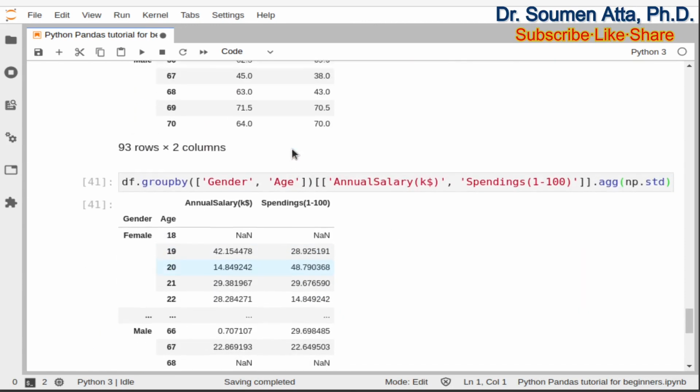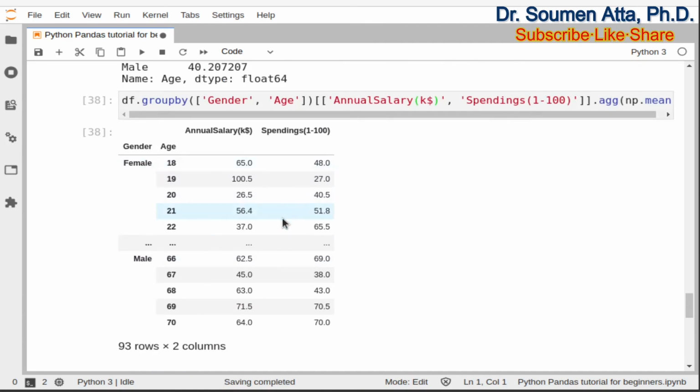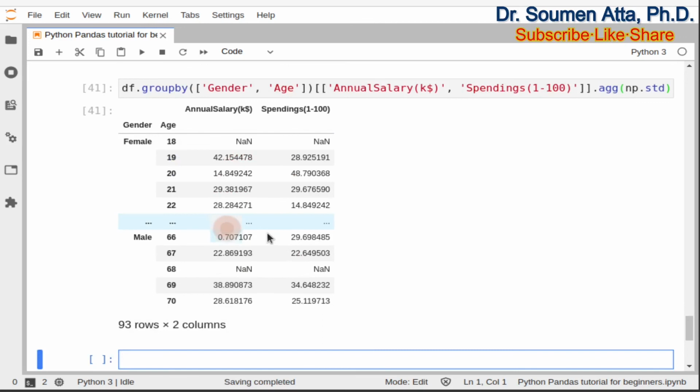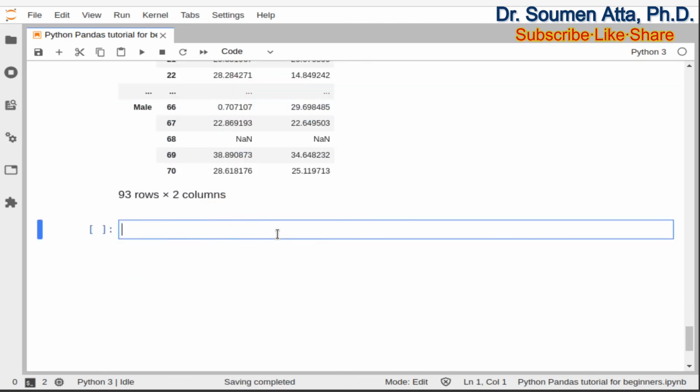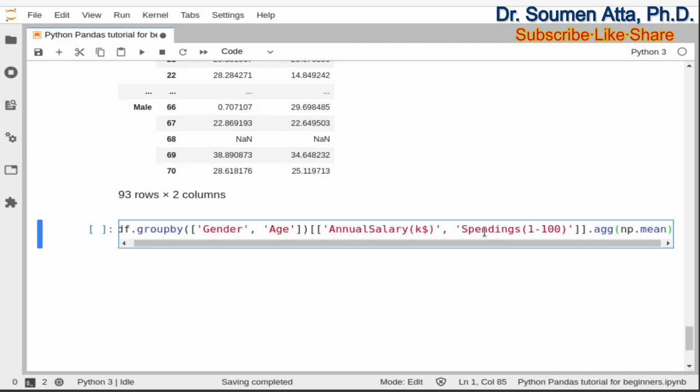Now one thing you can notice is that in both these examples we are not getting a regular data frame. To get a regular data frame we need to use reset index so that we get back the regular indices. So here I have written the same code, and at the end to get back the regular data frame indices we need to use the reset_index method.